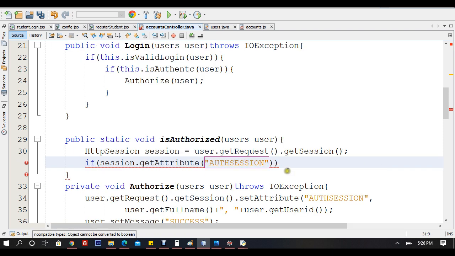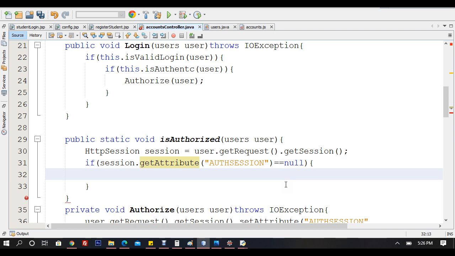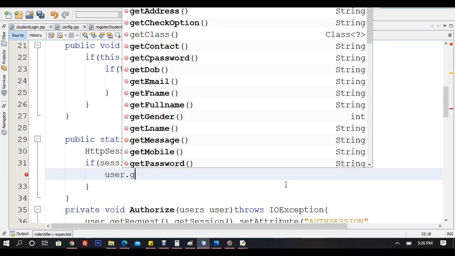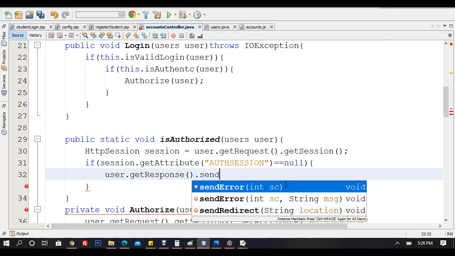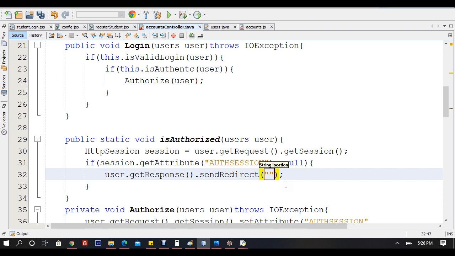So if session.get attribute auth session is equivalent to null. So if it is null, right, what you got to do, user.get response.send redirect back to,